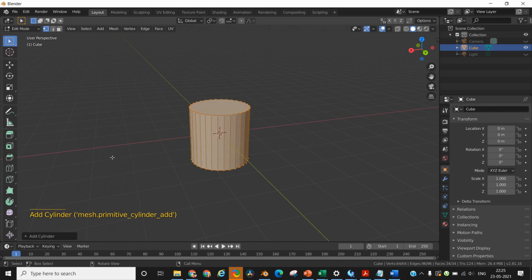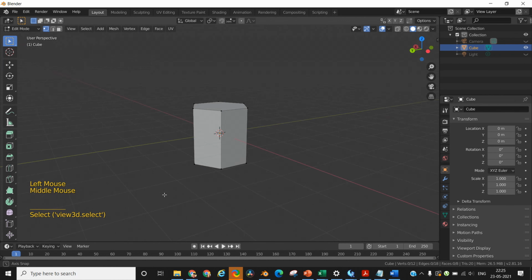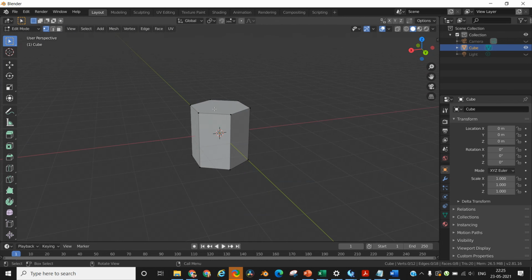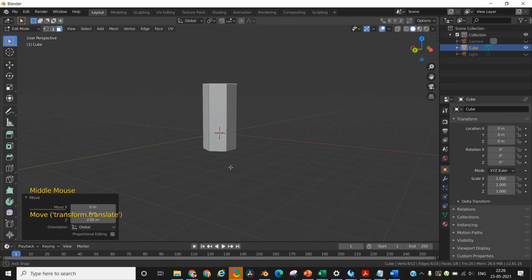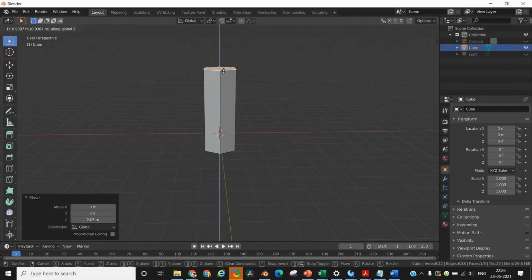We'll start by adding a cylinder. The moment you add any object, a small sub menu opens at the bottom which allows you to configure the object. Since we are making a pencil, there are only 6 edges, so we will reduce the number of edges to 6 so that we can get the middle structure of our pencil. Next, we want to increase the height of the pencil a little bit, so we will select that top face by going into the face selection mode first and then press G to grab it, and after pressing G we are going to press Z to move only in the Z direction.